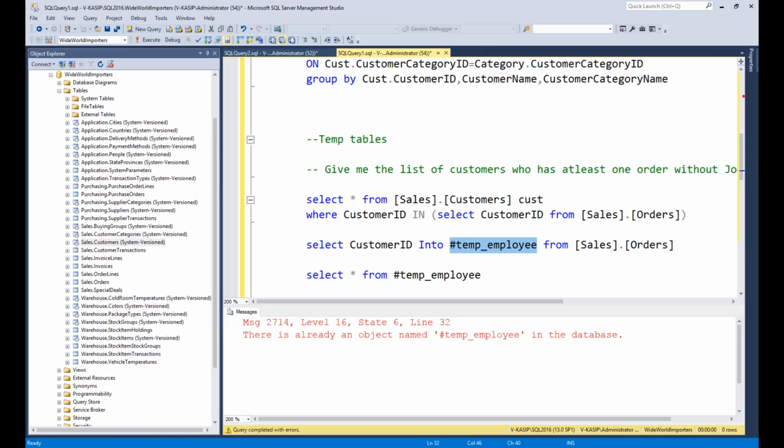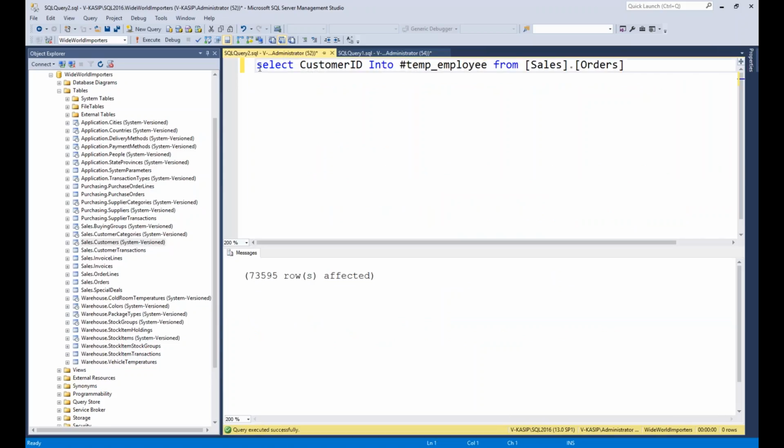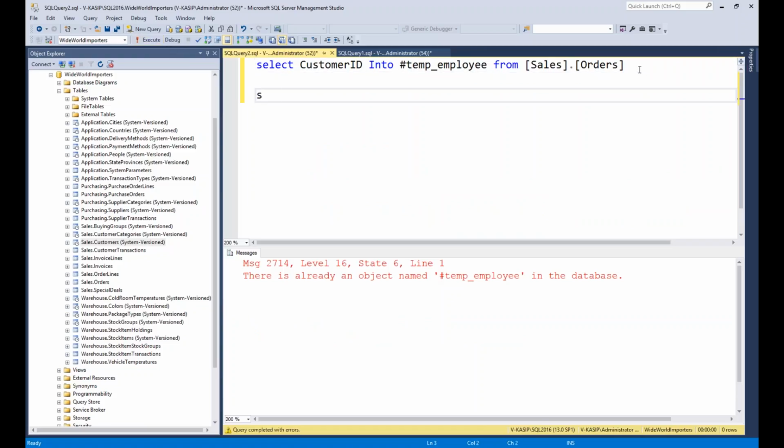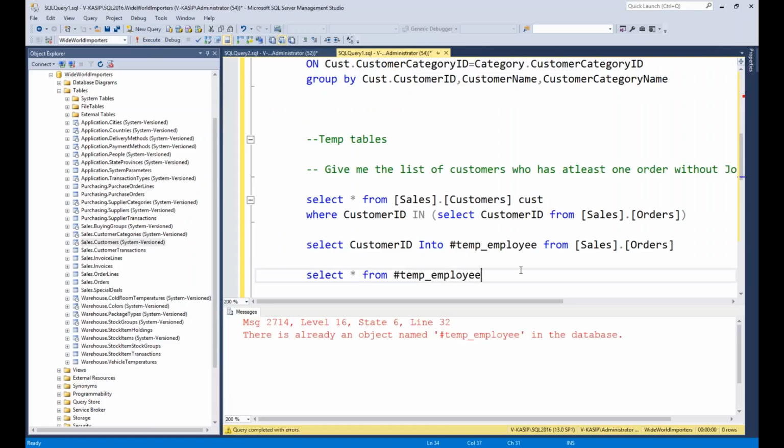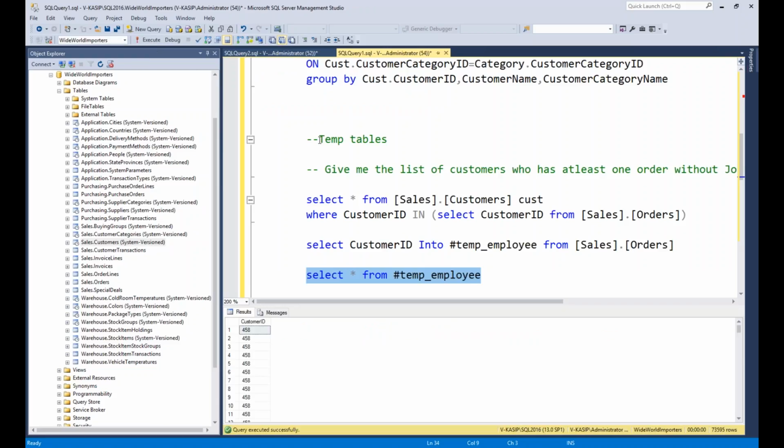Are you guys able to follow me? Yes. If I want to create it again there, it won't allow me because it's already there. So here I can use select star from #temp, or here I can select star from #temp.